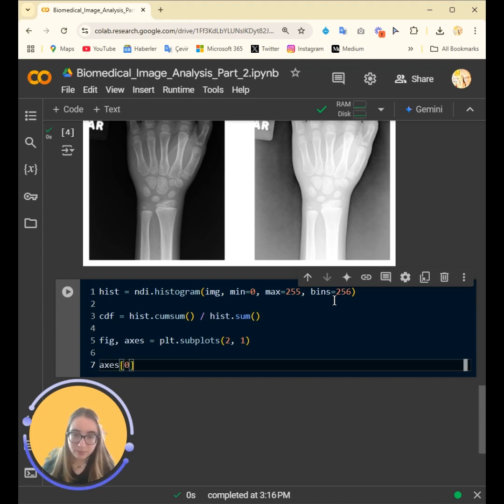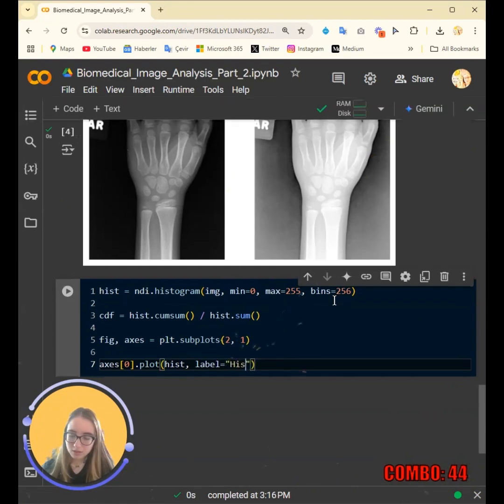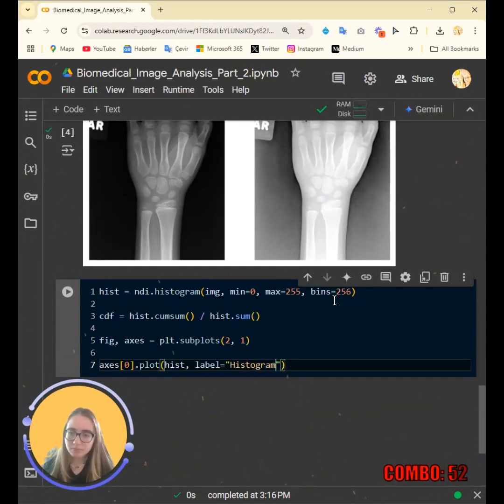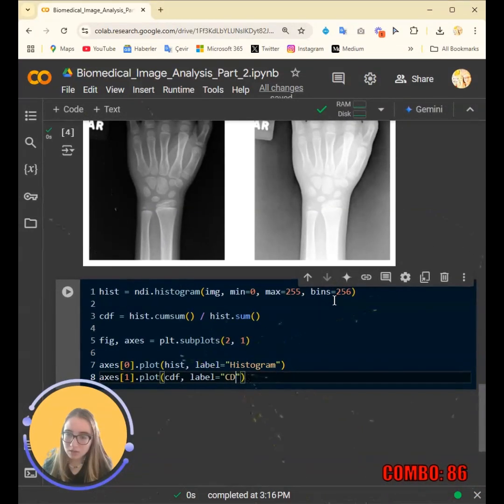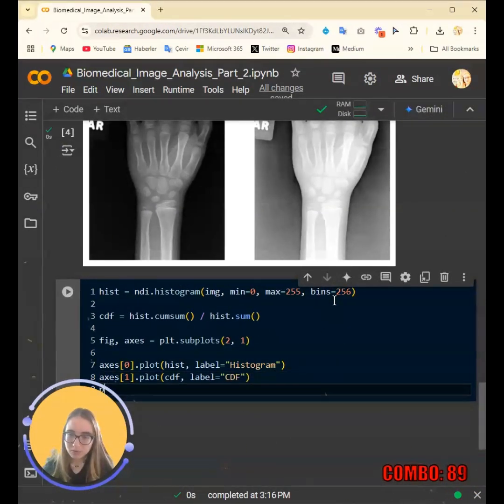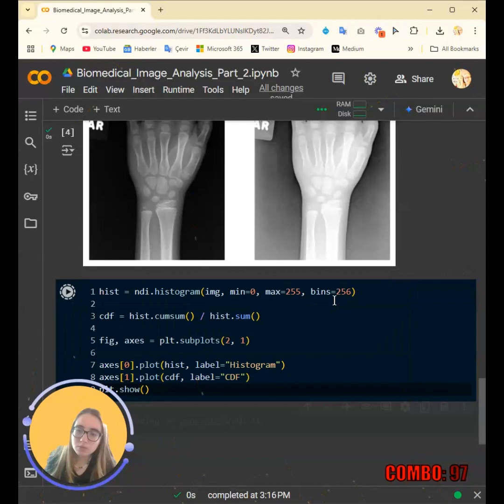This is 0, but not imshow this time, it's plot. Plot histogram, label histogram, axis 1 plot CDF, label CDF, plt.show.